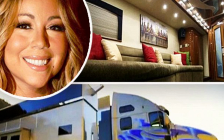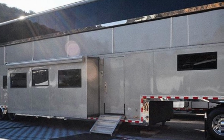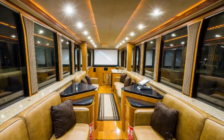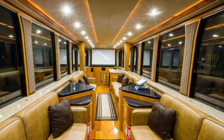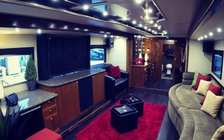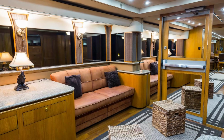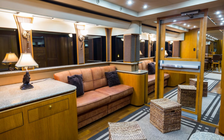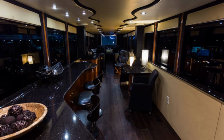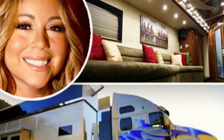There's a lounge with a makeup area on the bottom floor, a full kitchen in the belly, and an upstairs lounge nightclub area. Yep, a nightclub's in there too. Integrated lights, a professional sound system, and a bar with 3 seats, a couple of small couches, and an L-shaped sofa that can sit up to 30 people are all included. If you're not in a partying mood, large TVs set at opposing ends can turn this area into a cinema. For amenities,